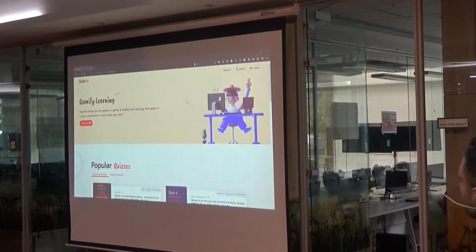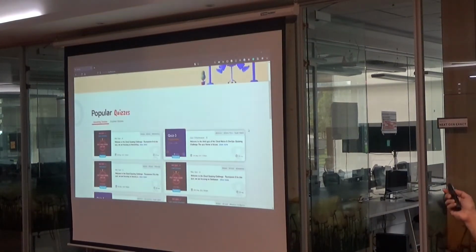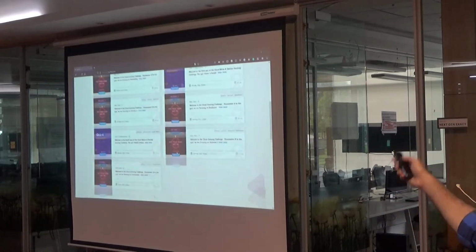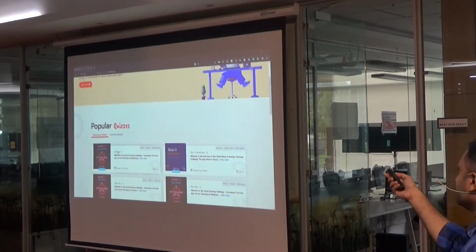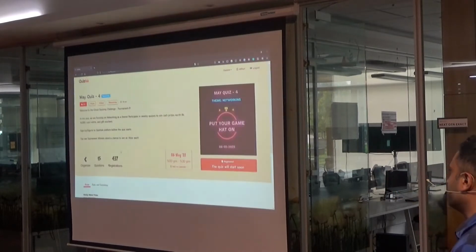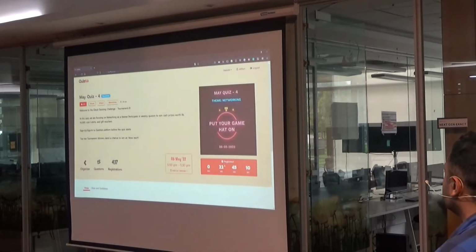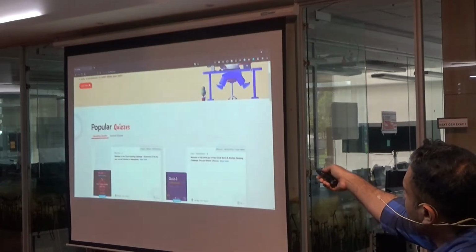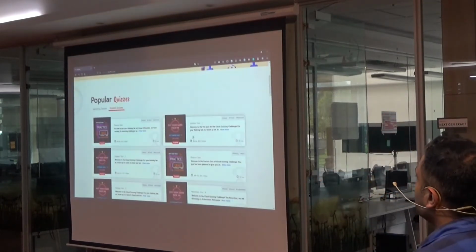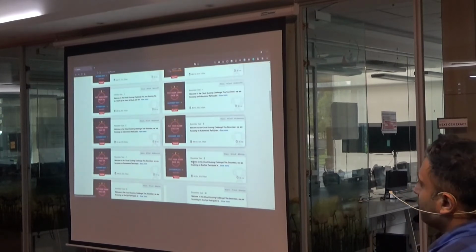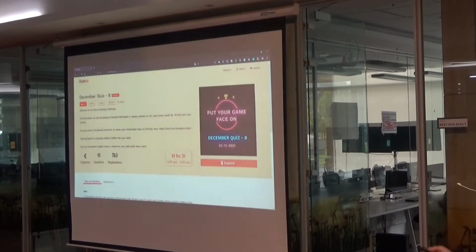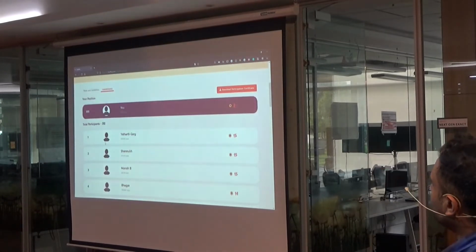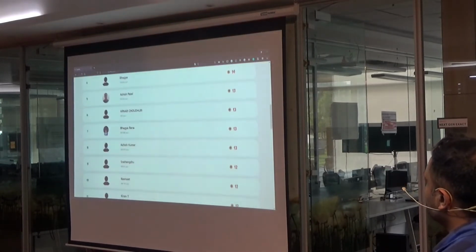This is what Ganesh showed earlier in the day, but this is what the app looks like. There are quizzes which are part of a tournament. A tournament will have like 8 to 10 quizzes. You can go register for a quiz, and you can see that there are 436 registrations. The quiz is a live quiz, so Friday between 5 and 5:30, you can go and play it. Then there is a quiz leaderboard you can see after the quiz is over.